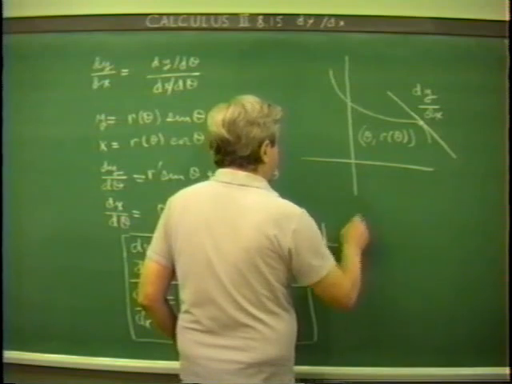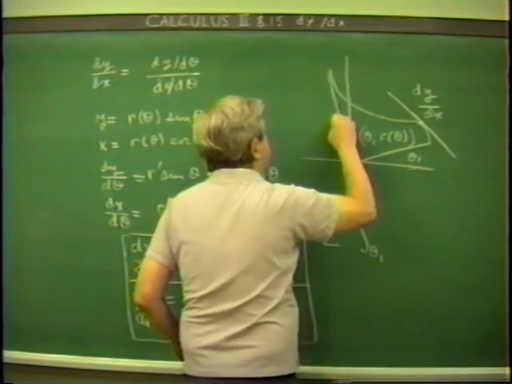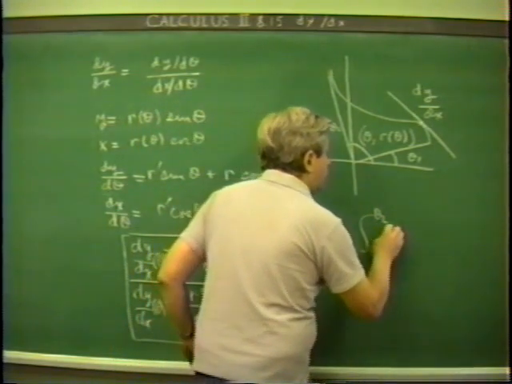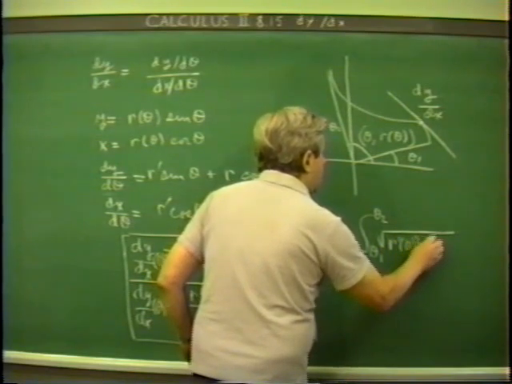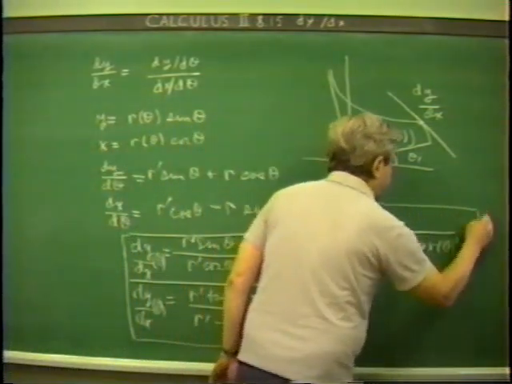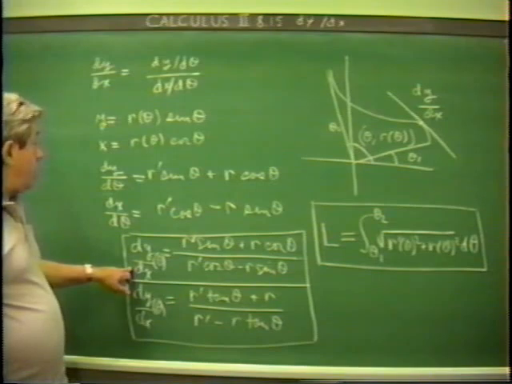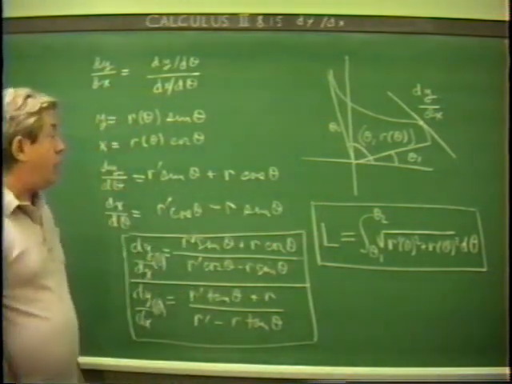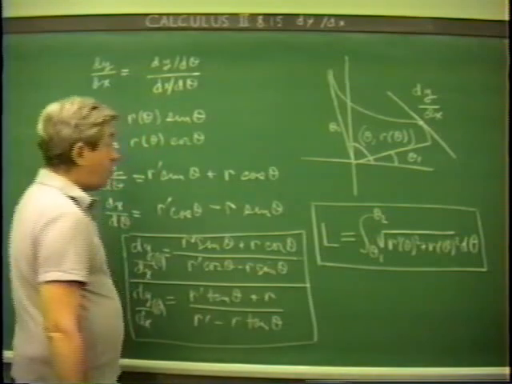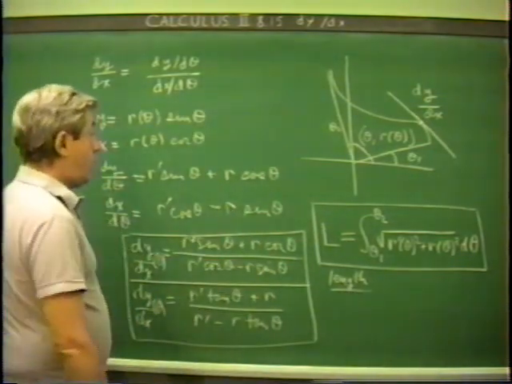I want to mention one more formula which I'm not going to derive at this point, although we could really with considerable effort, and that is the length of the graph between the angle theta 1 and the angle theta 2. The length of the graph is given by the integral from theta 1 to theta 2 of the square root of r prime of theta squared plus r of theta squared d theta. Right? It would be possible to derive this at this point, starting with the length of the graph for a function of x and using dy dx here and making some substitutions. But it's really easier to do this with more machinery. And so this will be derived later. But at any rate, the formula for the length